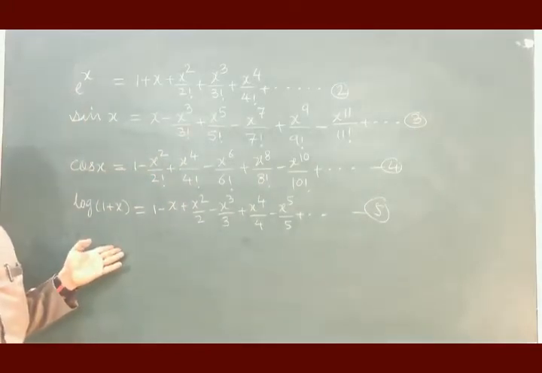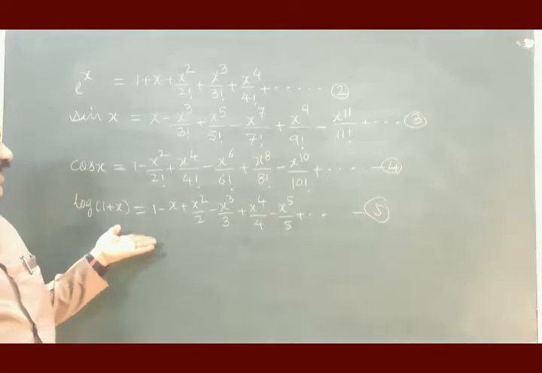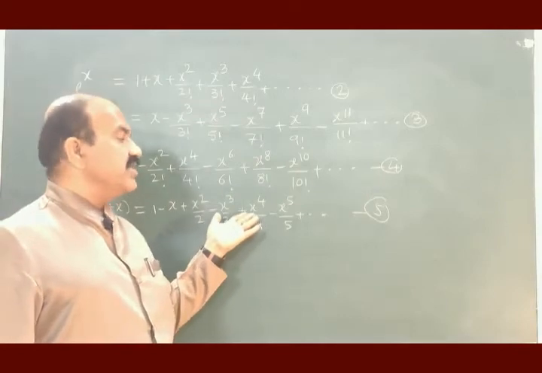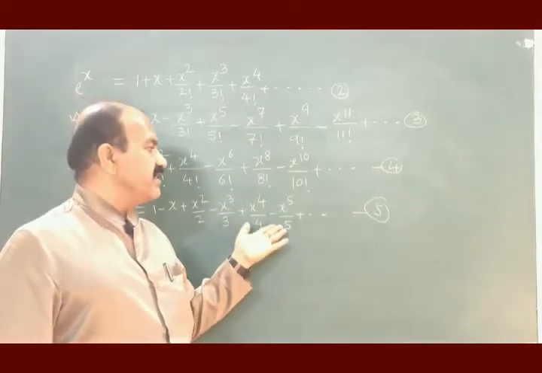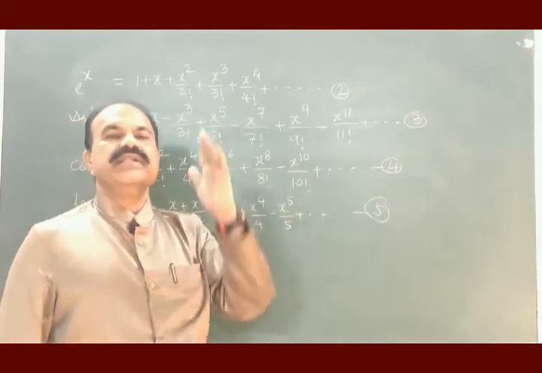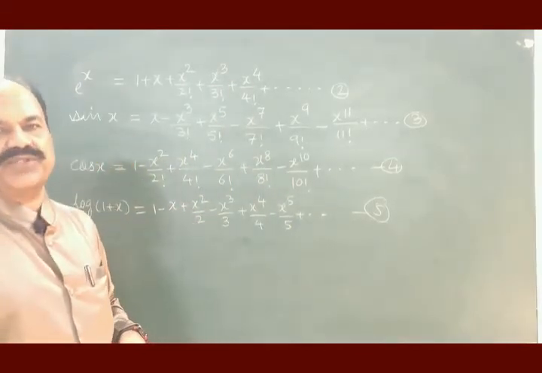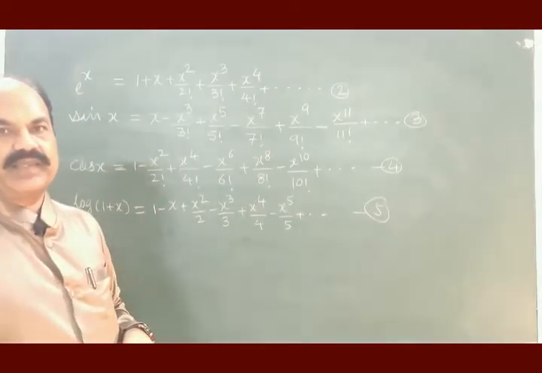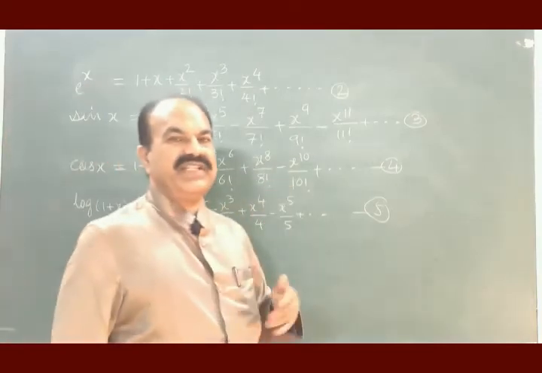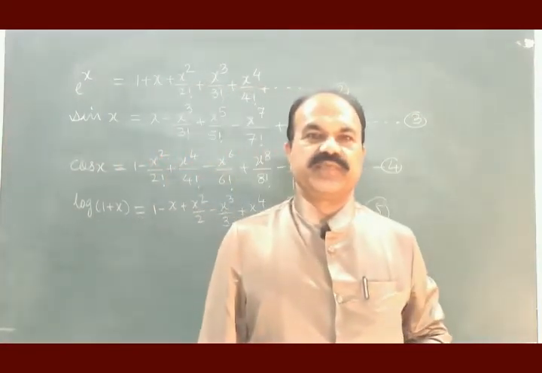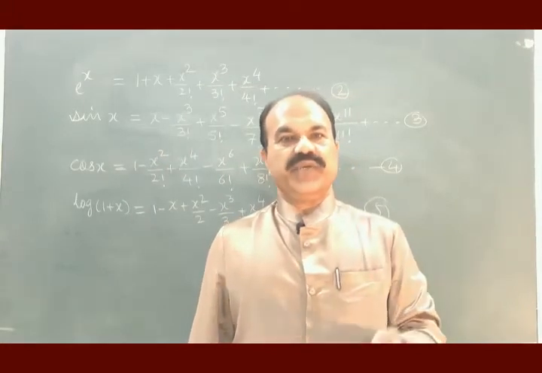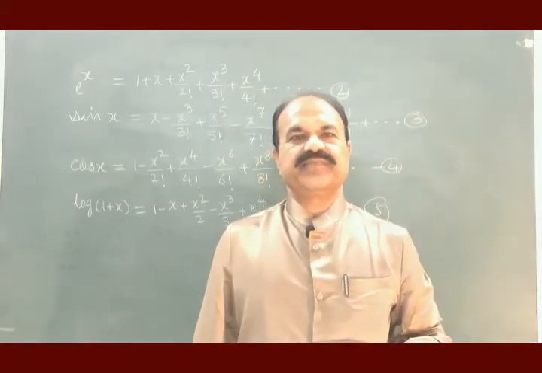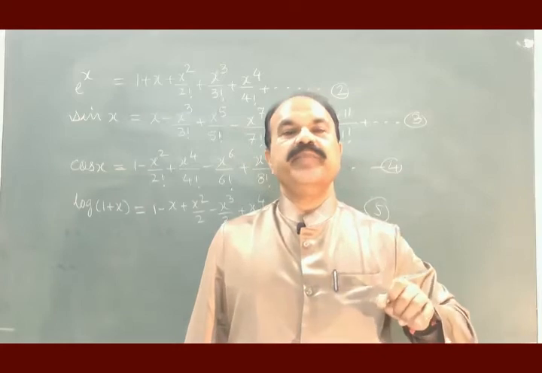Log 1 plus x. It can be represented using Taylor series as 1 minus x plus x square divided by 2 minus x cube by 3 plus x to the power 4 by 4 minus x to the power 5 by 5 plus, can be continued till large number of terms. Okay. So these are the periodic functions. Here, for simplicity, I have taken very few periodic functions. Like sine, cos, you can go for tan, cot, sec, cosec and so on. All these are periodic functions.